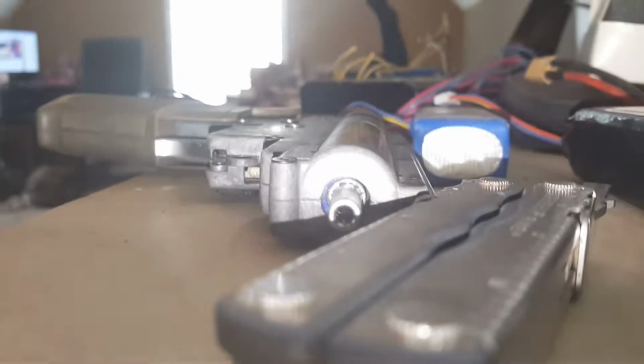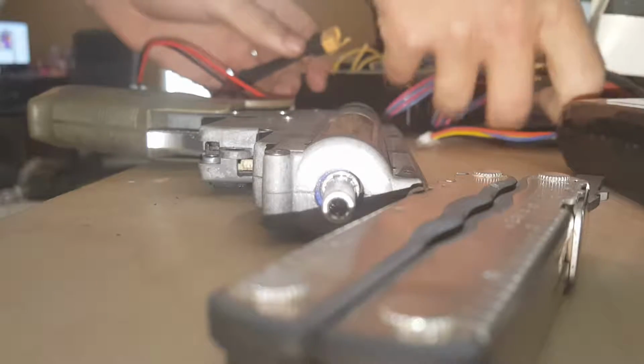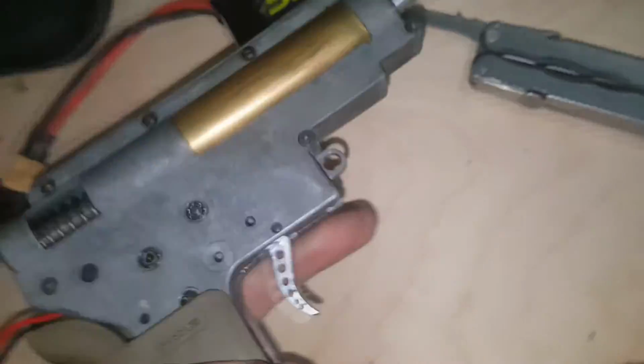Go over here, and we'll put this thing on safe. Is there any way I can prop this up so it'll stay? Yeah, right there is good enough for me. So we're going to disconnect the XT60, come in here and connect this. Okay, there we go. That went. I'm hoping you heard that. But now you can see the battery's connected into here. We're going to try to flip this over,